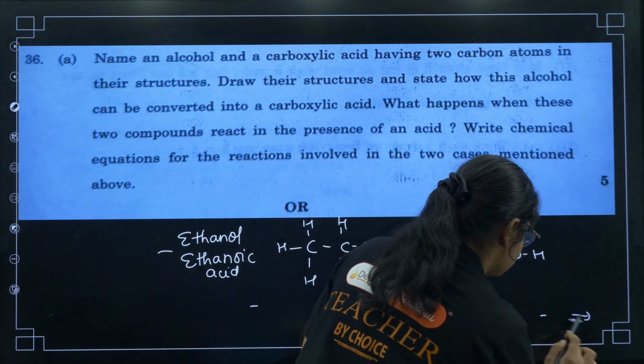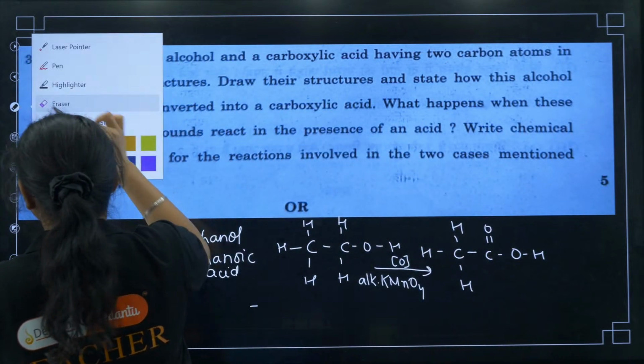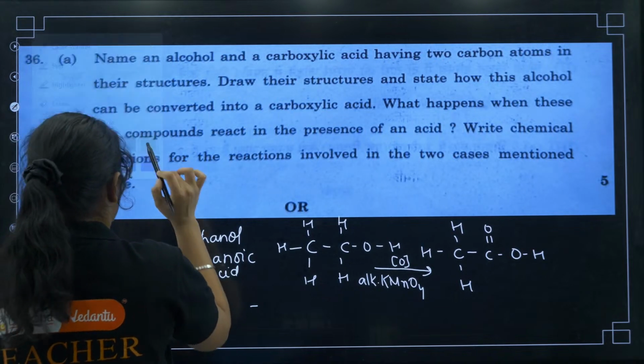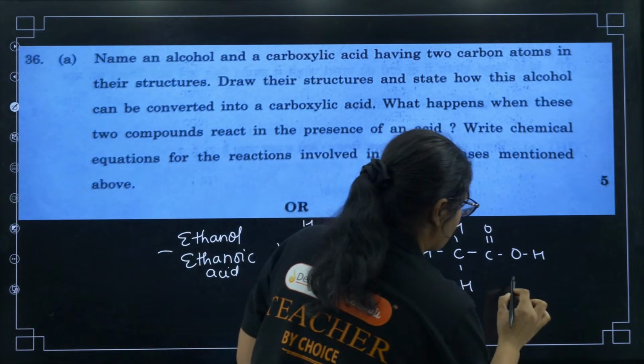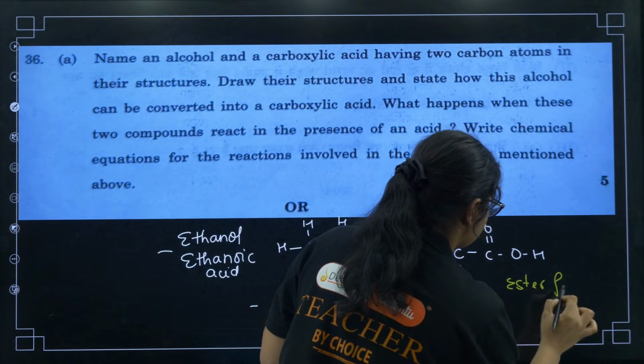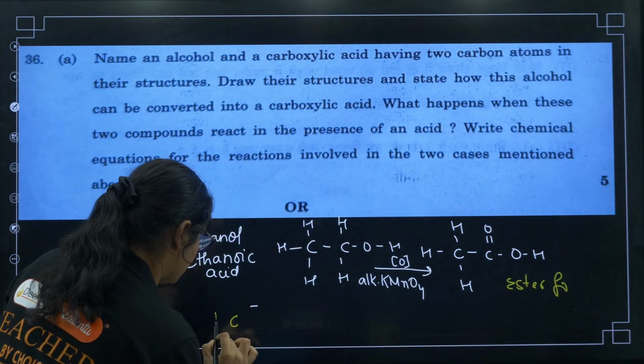Yes, we will have ester formation. Okay, the reaction I'm writing here. You already know what will happen when these two react. There will be ester formation. Now if I want to write the reaction, it is